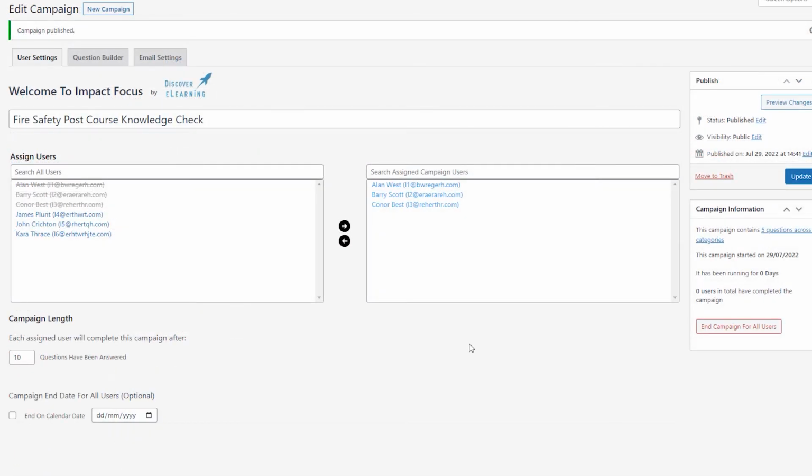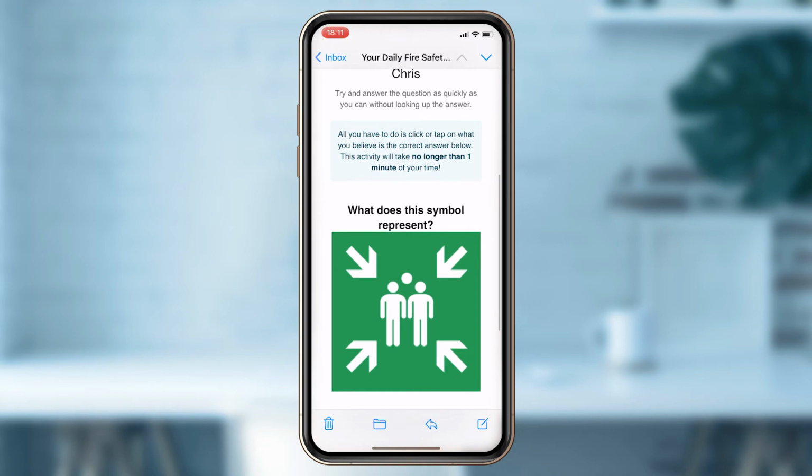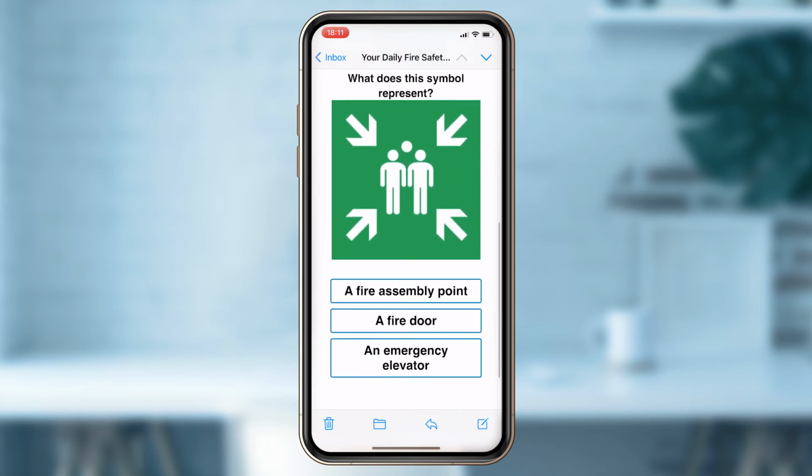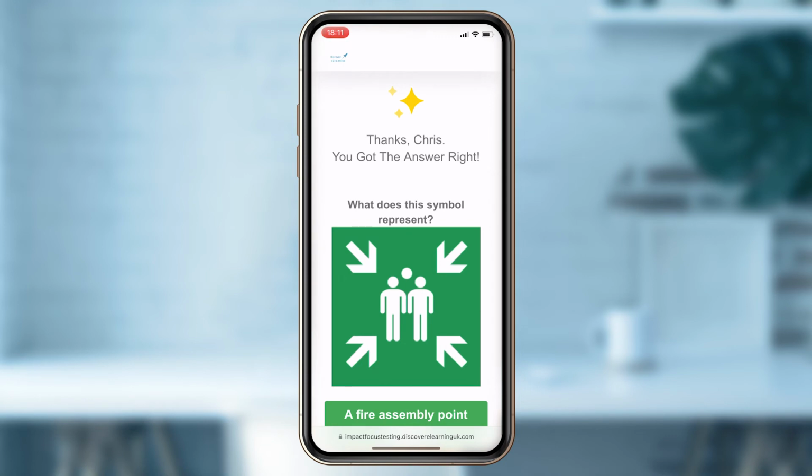When we get to the time of day as set for our campaign, our quiz question email will be automatically sent out to assigned users. And here's what that looks like for the campaign that we just created using an iPhone and the default Mail app. I think I know the answer to today's question, so I'll go ahead and tap my response,